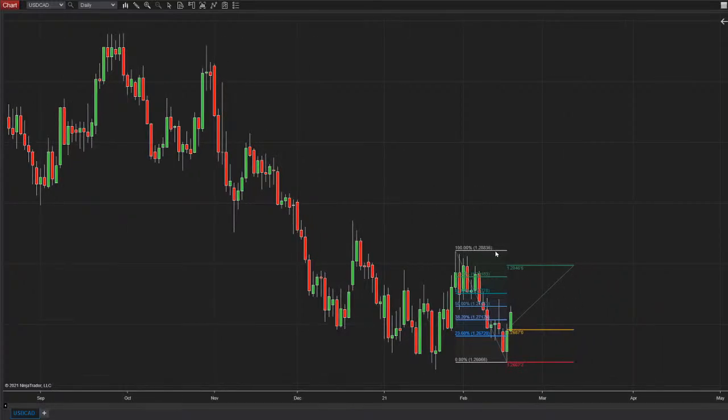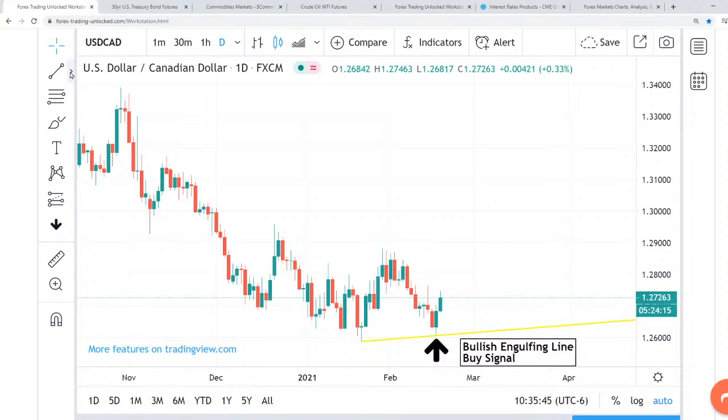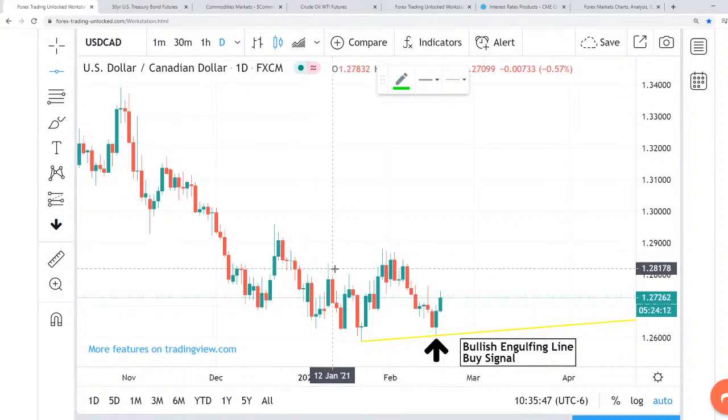Let's take this off. I can delete this. This is our Fibonacci thing here. All right. We had our bullish engulfing line buy signal yesterday, and as a price projection point, we have $1.2846 for you here. $1.2846 would make a good area to run into resistance. If you look at here, you had a lot of spiking. It was support kind of here, and then it was resistance in this area here. So let's see, $1.2846. Let's put a line right here,